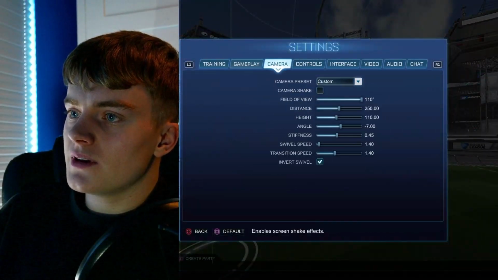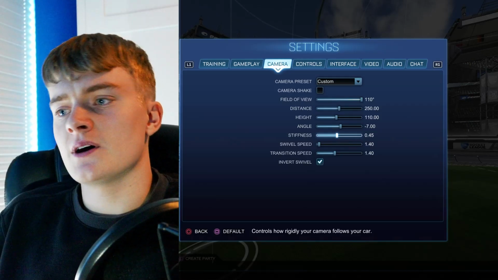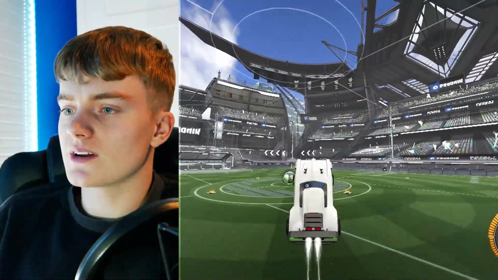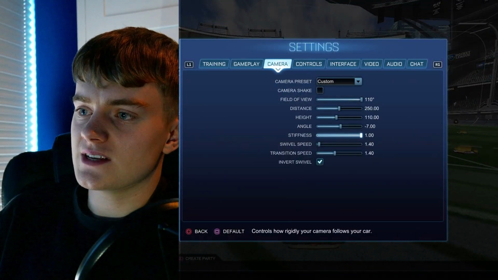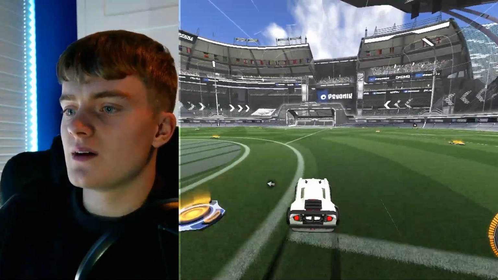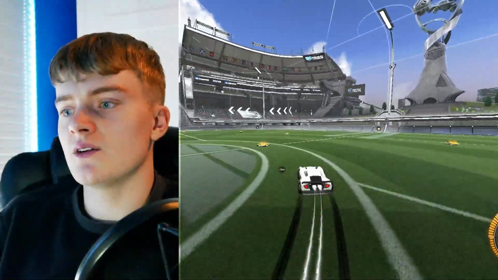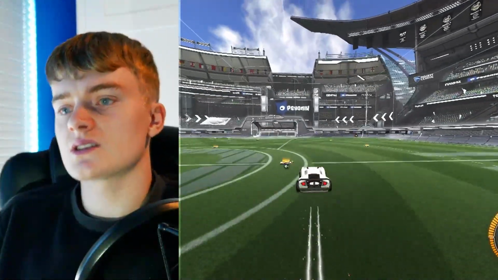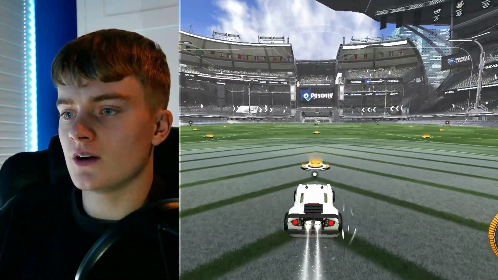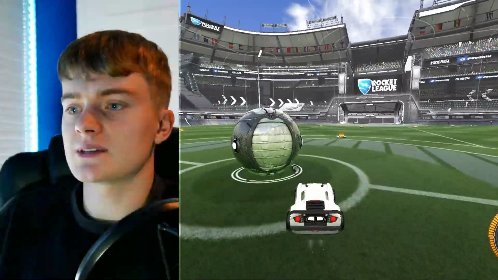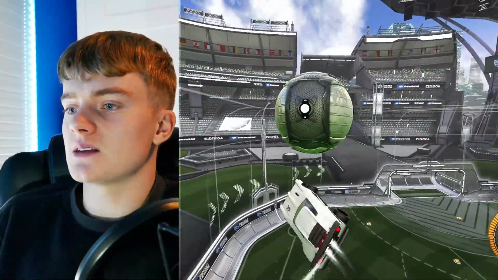So now the next one is stiffness. This doesn't matter too much I don't think, this is just personal preference, especially for freestyling when you're not really going supersonic. What stiffness is, it's basically the higher up it is the more stiff your car is, so the camera doesn't push outwards. But when it's near 0, the camera just pushes out a ton when you're going supersonic, and your car is just extremely far away. So I always have it right in the middle around 0.45. That's my car still moves back a tiny bit, but it doesn't move back tons. This is what I like the most. I recommend you have this a lot as well,